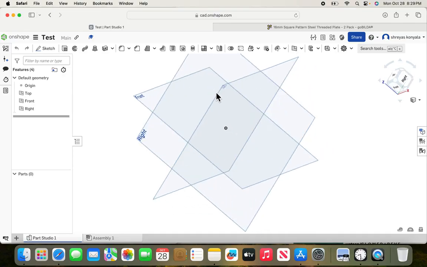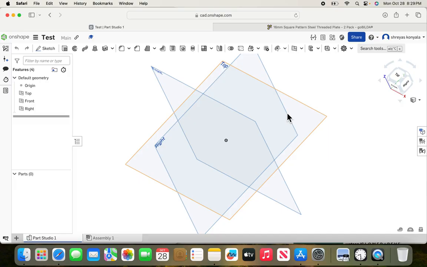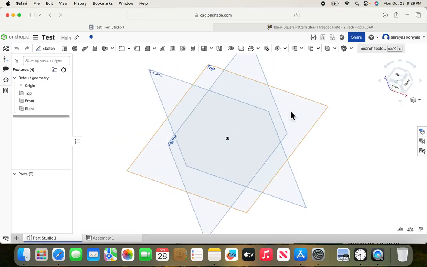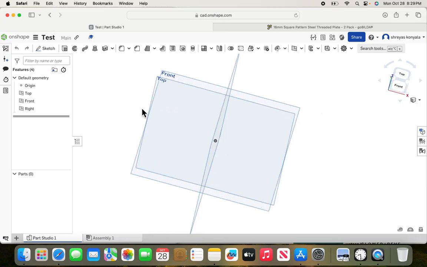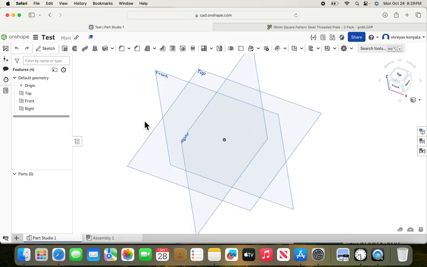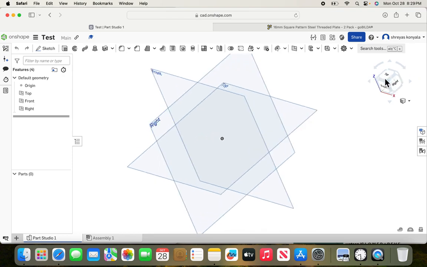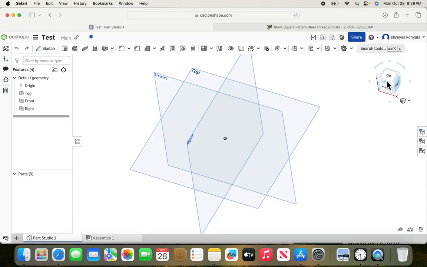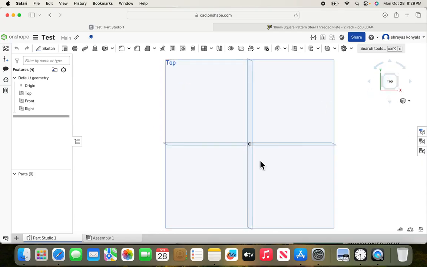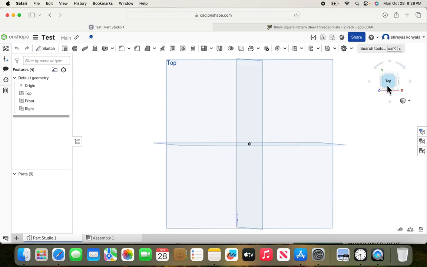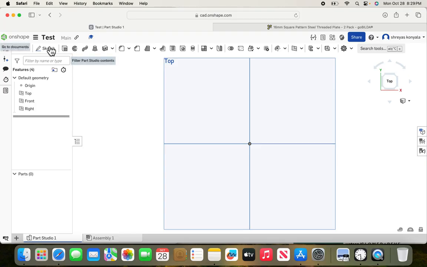Now, first thing we want to do is learn the controls. So if you right click or you drag, I would suggest using a mouse. If you right click or if you drag with both fingers, you can drag it, or if you use this top right and drag it from here. So if you press these sides, top, front, you can orient yourself. So what I first would like to do is actually make the actual rectangle or square. So sketch,